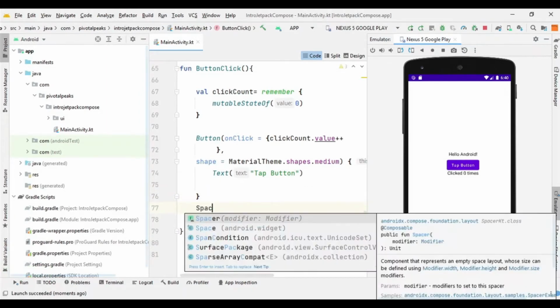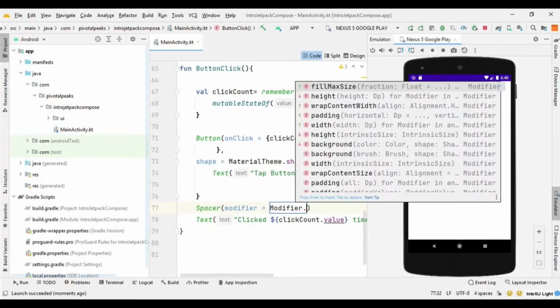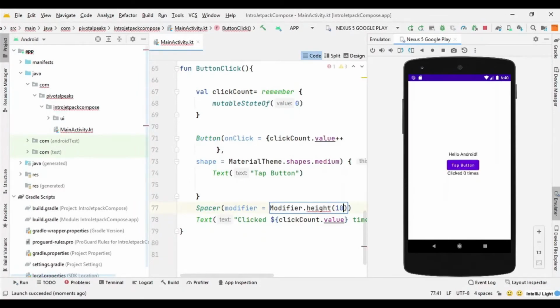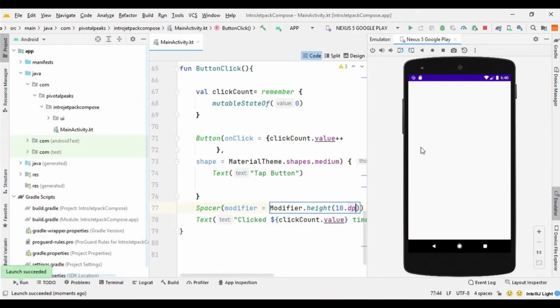Spacer modifier dot height 10 dp, and now they are spaced evenly. So that's for the column.